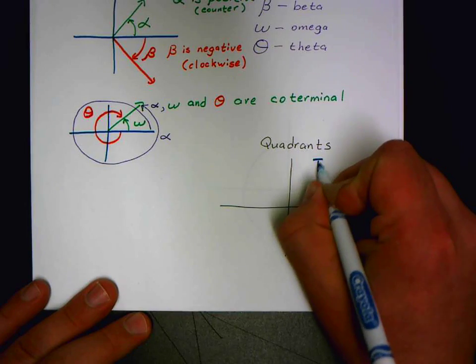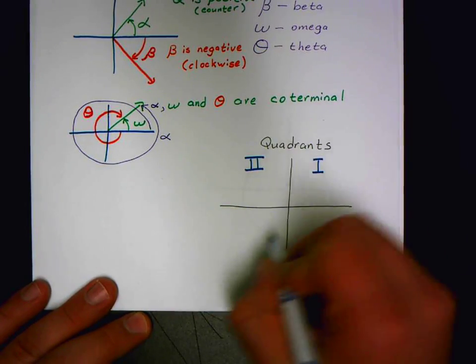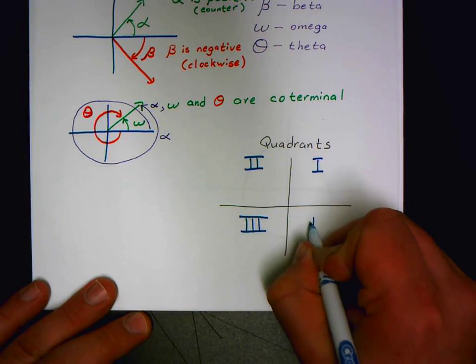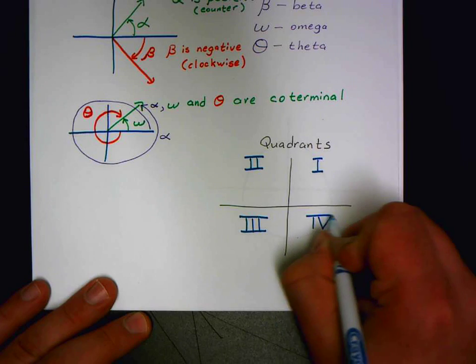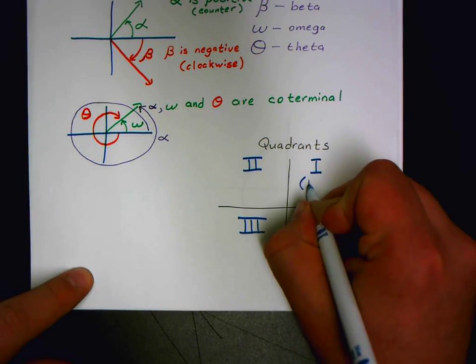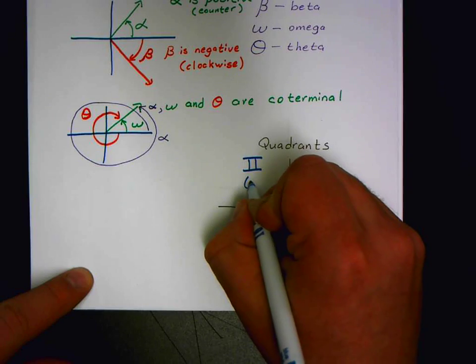Why they use Roman numerals, I don't know, but this is first quadrant, second quadrant, third quadrant, and fourth quadrant. That's just the definition of your quadrants. So first quadrant is positive, positive. Second